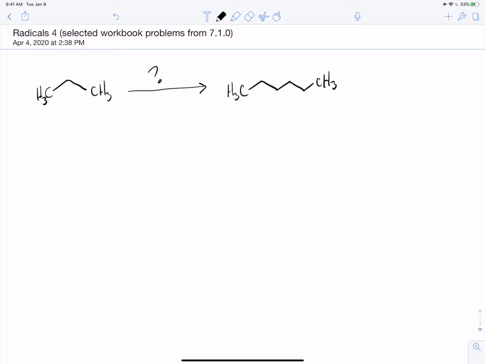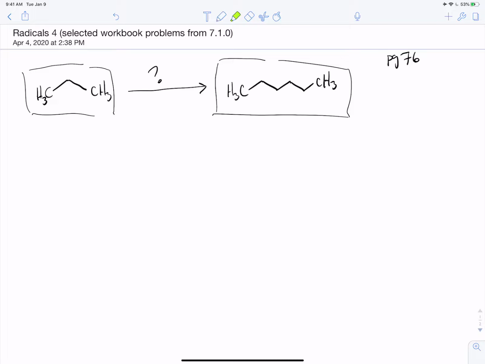This is the first problem from 7.10 on page 76. So this is page 76 of the workbook. We're just looking at the very first problem they give us. So this is more typical of how synthesis problems are given. You're given some material to start with, and you're asked to transform it into some sort of product. And you'll see there's a question mark here saying, well, how do I get between those starting materials and that